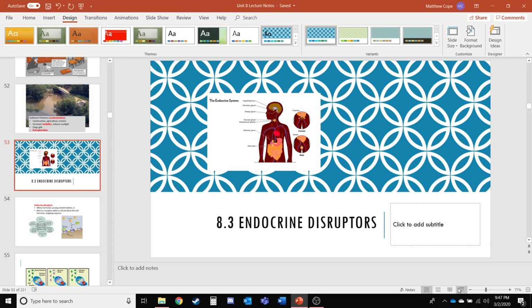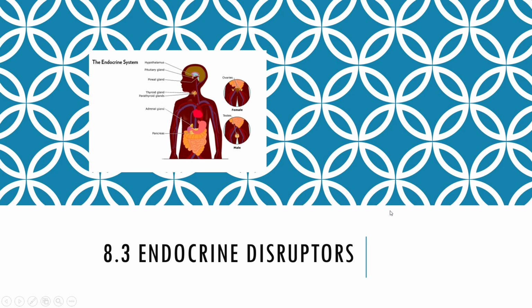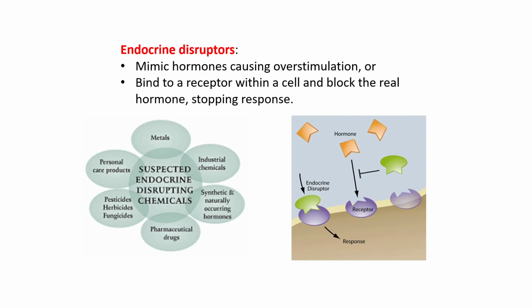Alright, welcome back. This is going to be the third video for Unit 8, all about aquatic and terrestrial pollution for AP Environmental Science. This video will be about endocrine disruptors. This is going to be a fairly brief video because it's not a huge in-depth section, but endocrine disruptors basically